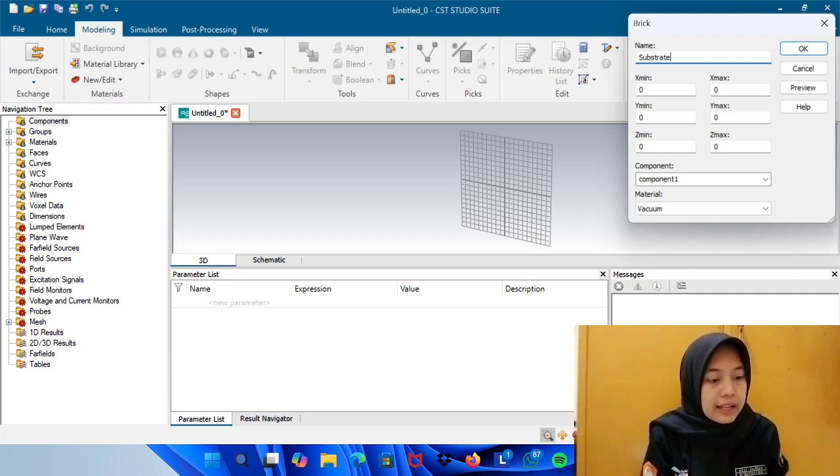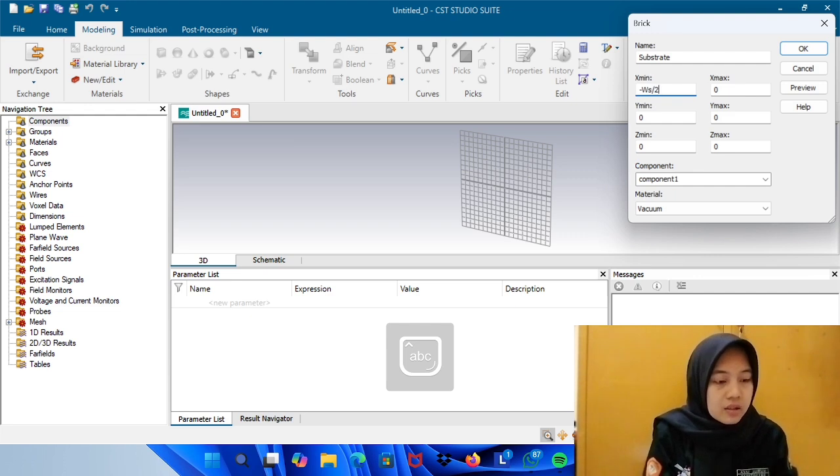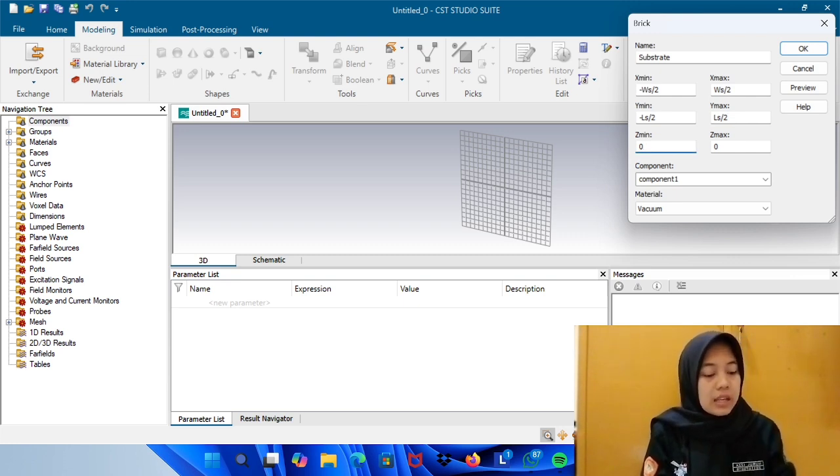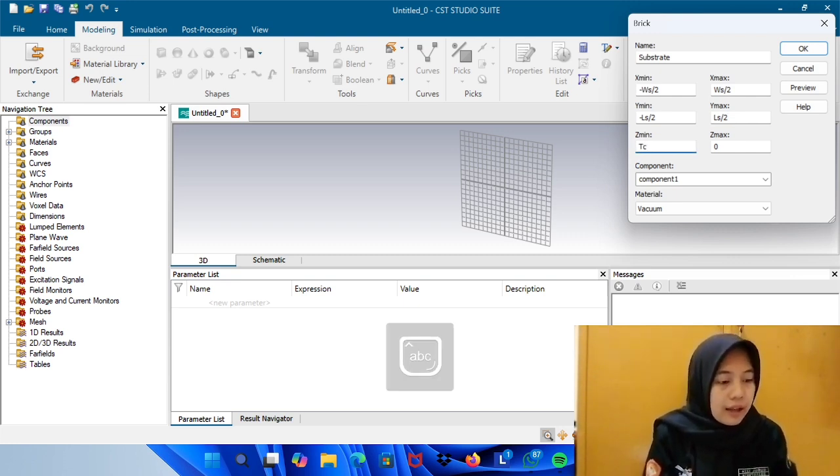X-min minus WS/2, X-max WS/2, Y-min minus LS/2, Y-max LS/2, Z-min TC and Z-max TC plus H.